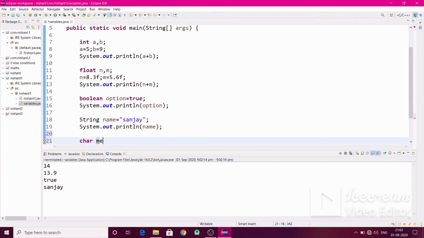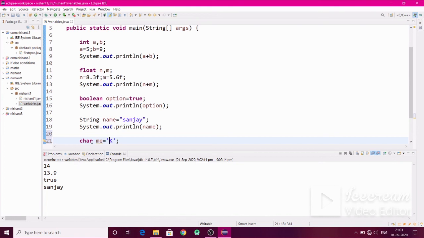I am taking a character variable, and the name of the variable is me, and for the value I will give only one alphabet, and then close the line. Before, I mentioned that alphabetical values should be enclosed in double quotes. In a character variable, the value is enclosed in single quotes. So you have to do it like this, k inside single quotes.